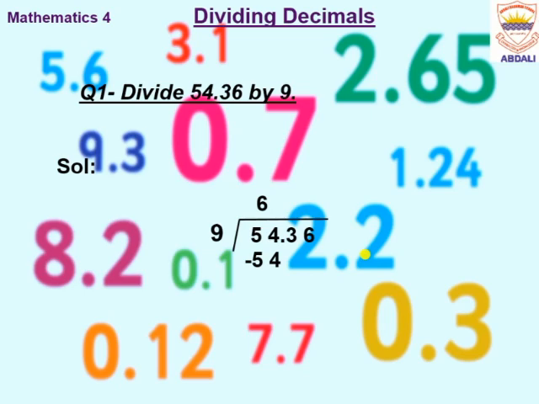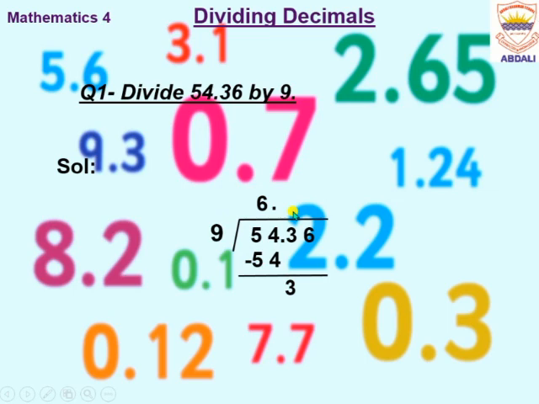Recall my first 2 questions. What we need to do? Very good. We need to put decimal here. So as we have put decimal here, we will bring down 3. As 3 is smaller than 9, it cannot be divided by 9. What do we do? Here is a question. You can put 6 here. You can bring down 6 here. Okay. Then 9 4s are 36 and you will get the quotient 6.4.